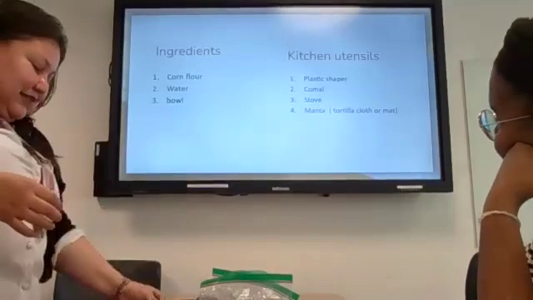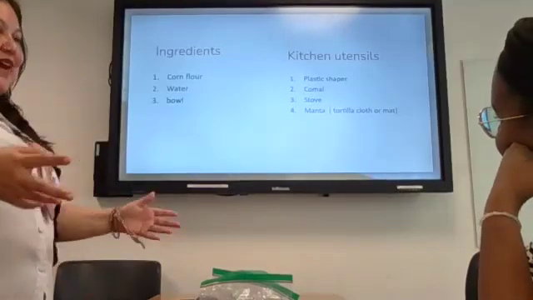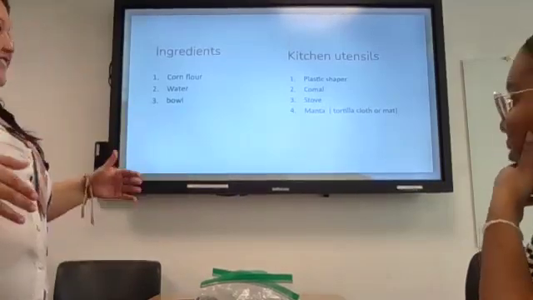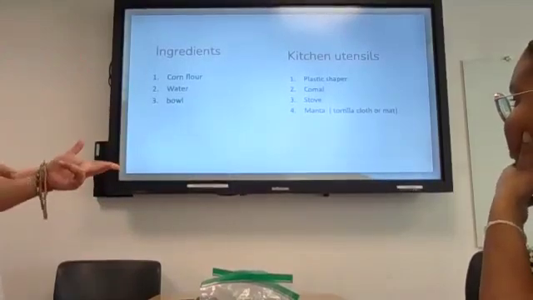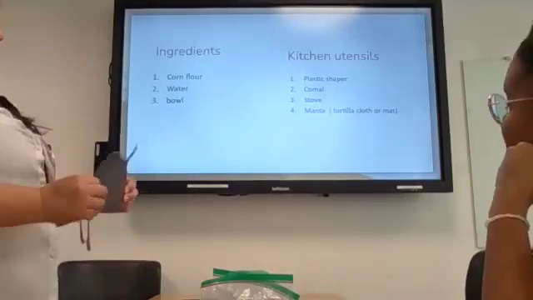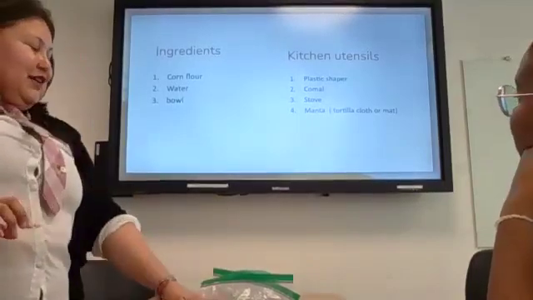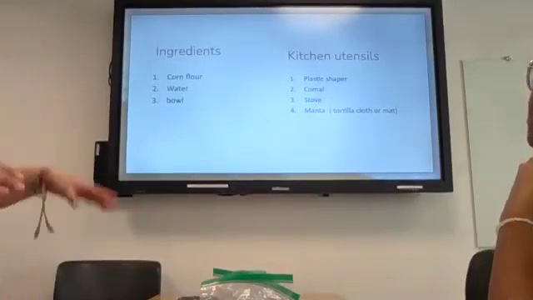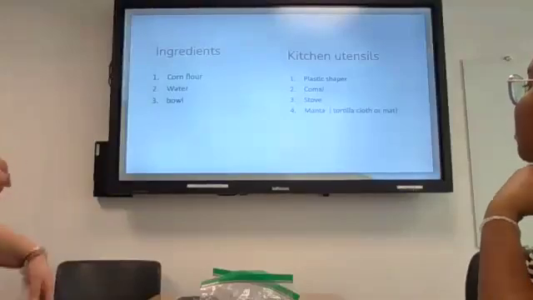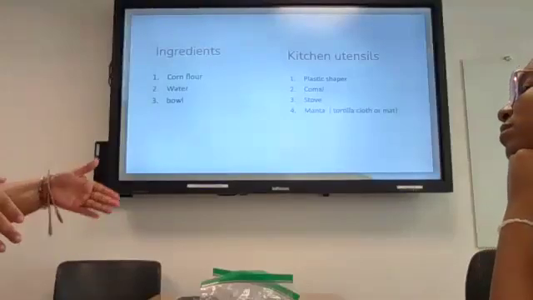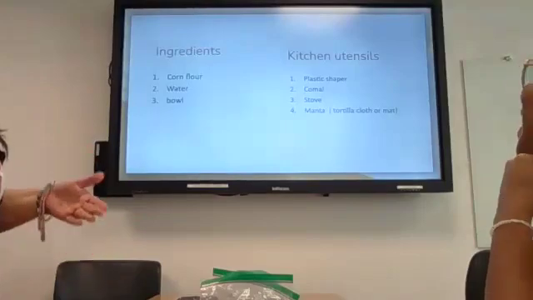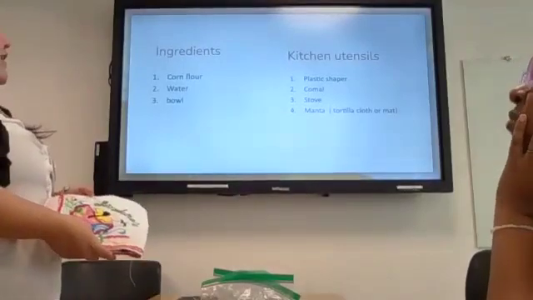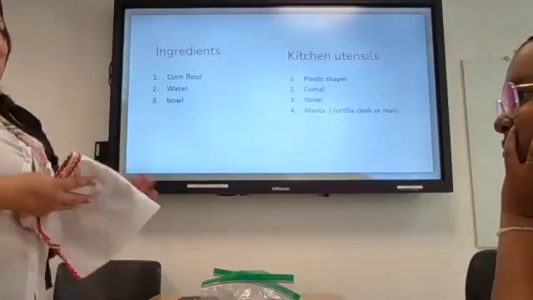It's not a big deal to make. It's just a plastic bag that we cut with a round shape, and that's it. The comal will be this one, and the stove is our stove here today. And the manta is the tortilla cloth or mat. Also, that was the first time I wondered what the name would be in English. We do have special mantas for tortillas. It usually is this kind of fabric.